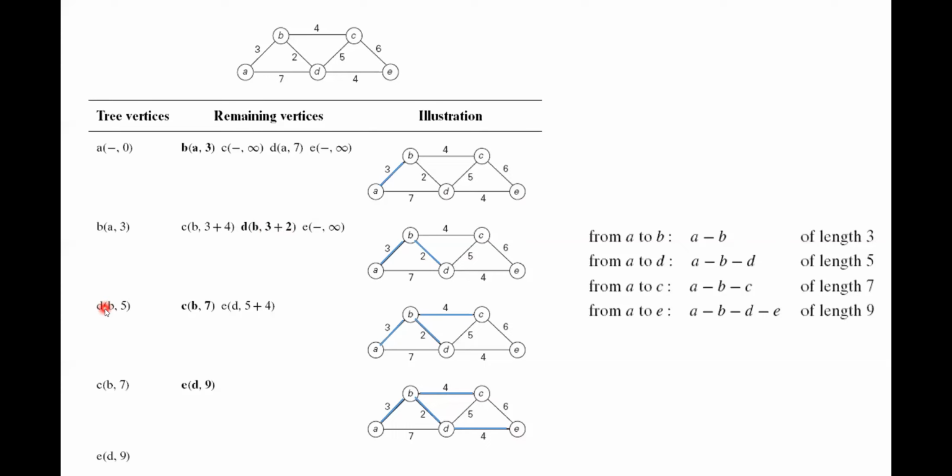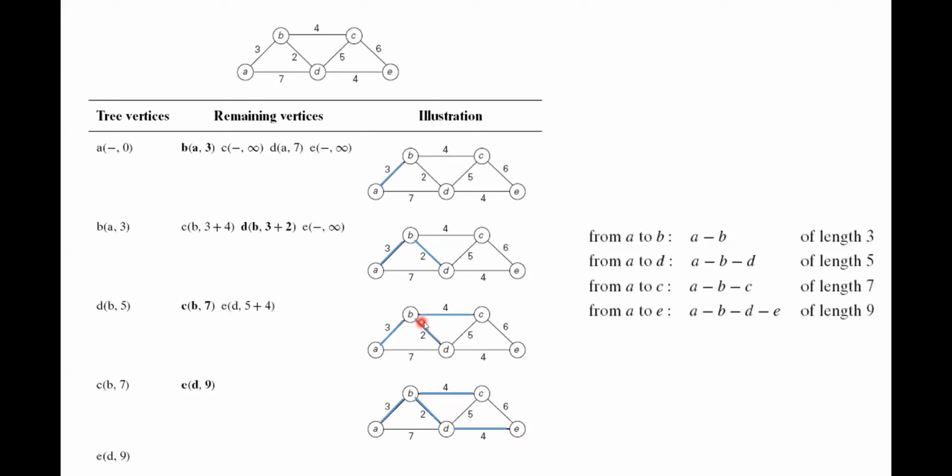From A, B, D, which other nodes are reachable? The remaining are C and E. So I can reach C. 3 plus 4, it is written, and it is kept the same, 7. Even though I can reach C from D, what is the cost? 3 plus 2, 5, 5 plus 5, 10. I am having an alternative path, but this is not less than the previously existing one. Previously existing is 7.